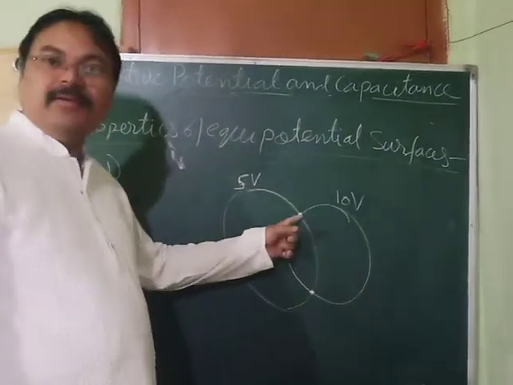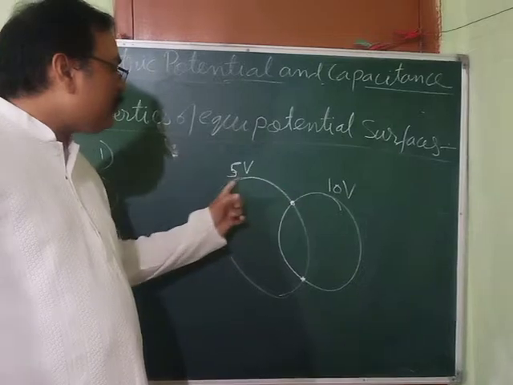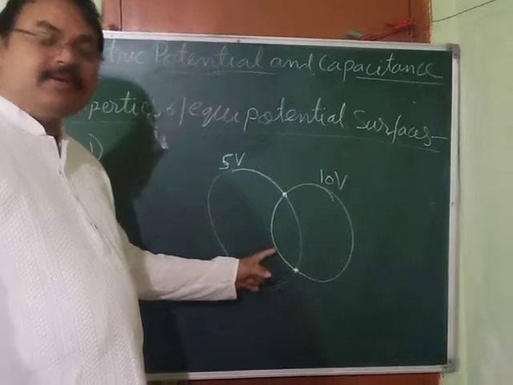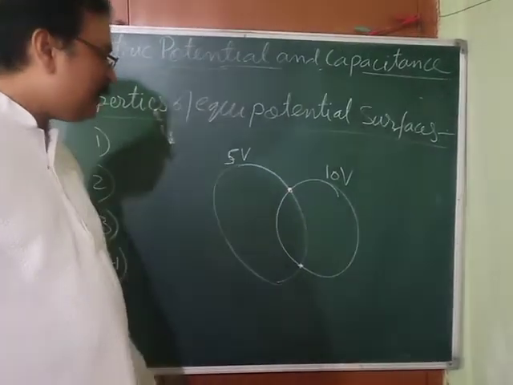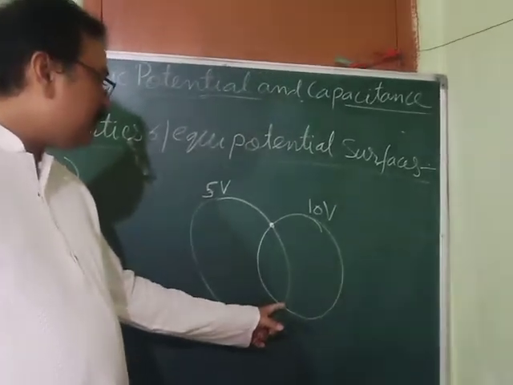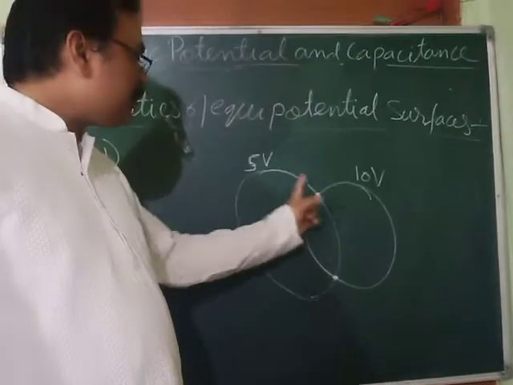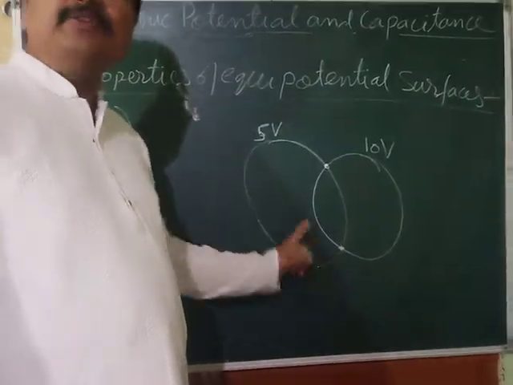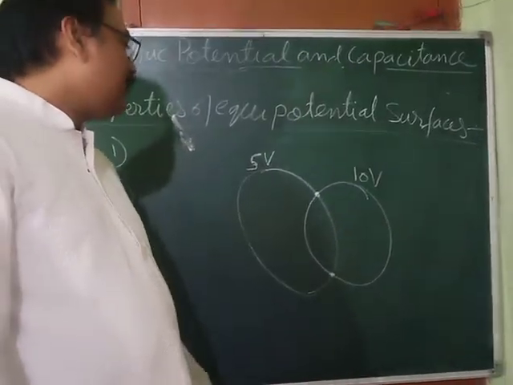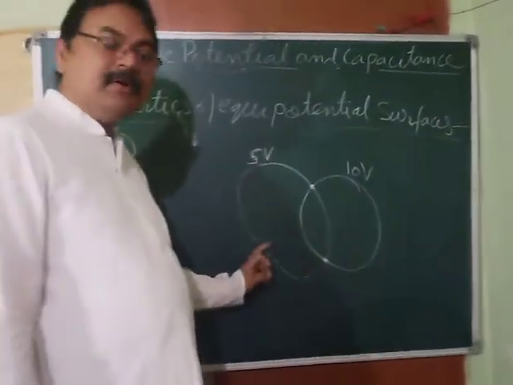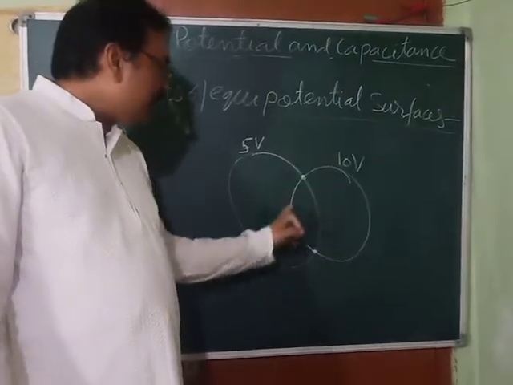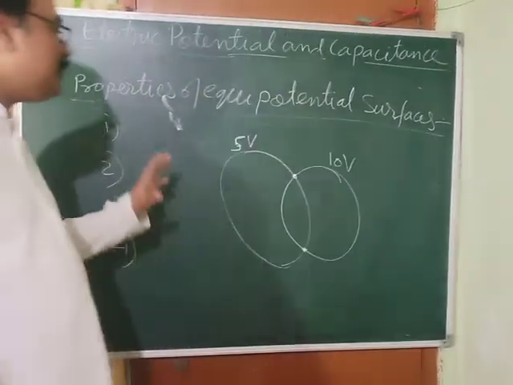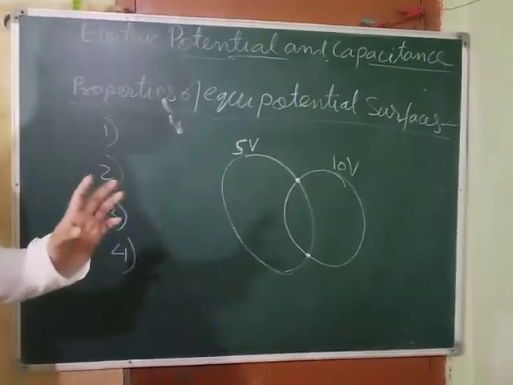If it is 10 volt, then this point cannot lie on this surface, because it is an equipotential surface having 5 volt everywhere. So here it cannot be 10 volt. And here also it cannot be 10 volt, because for this surface it is okay, but what about this surface? At every point of the surface the potential should be 5 volt only, then it is an equipotential surface. Now suppose it is 5 volt, then it is okay for this, but it's not okay for this, because at every point of this the potential should be 10 volt. Getting my point? And that's why these surfaces cannot intersect each other at all.